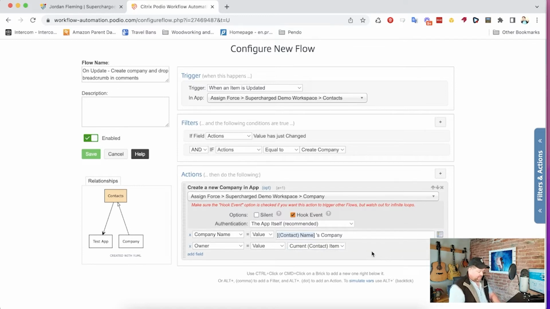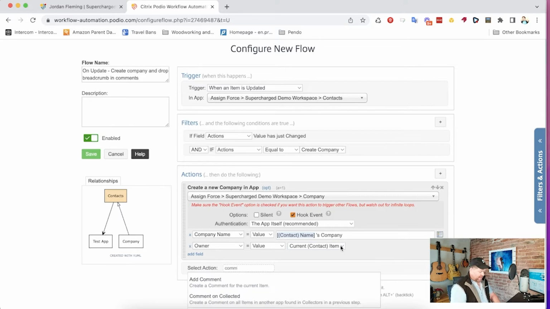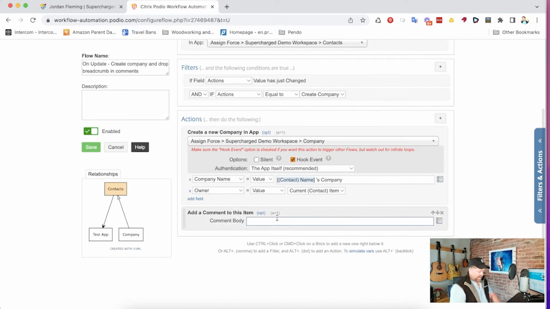So what I'm going to do is click Add Comment. And I'm going to say new item has been created. And I'm going to put a square bracket. So the stars are to make it bold, just so you know. The square bracket, a new item has been created. Close square brackets. Open parenthesis this time. And this time I'm going to click HTTPS